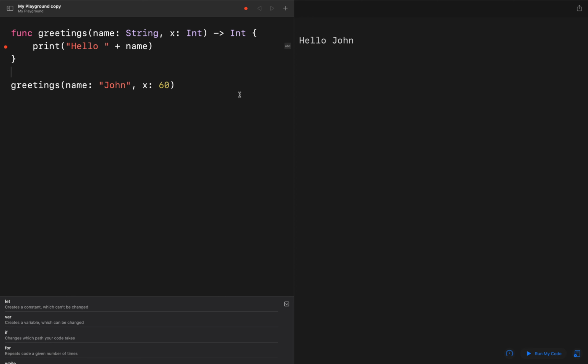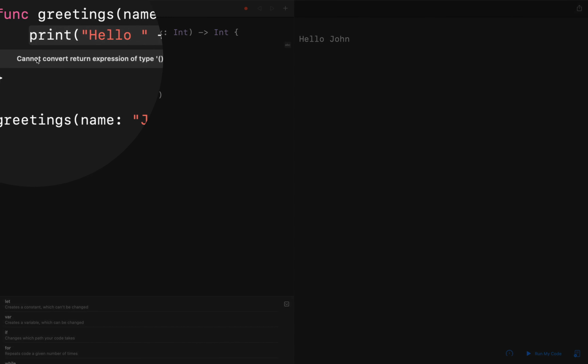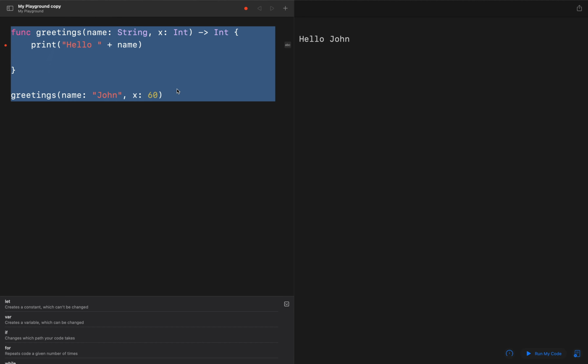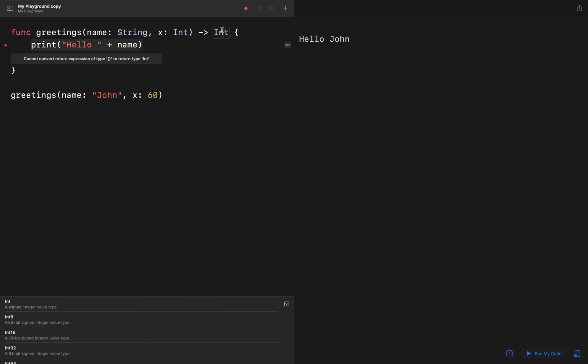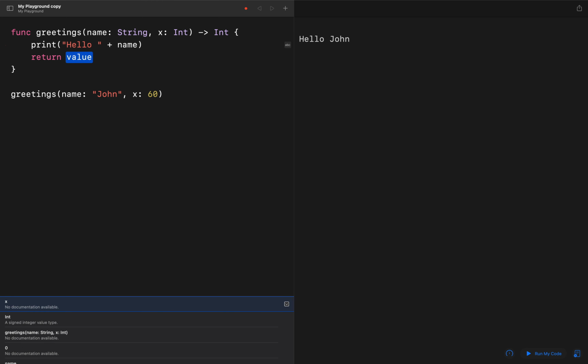Okay, let me make this smaller. Now you can see that we got this dot here, red. It says cannot convert a return expression of type this to int. So now we need to make sure that we return an integer from this function. So if I go ahead and use this return, and I'll specify, let's say 1, and the error will go